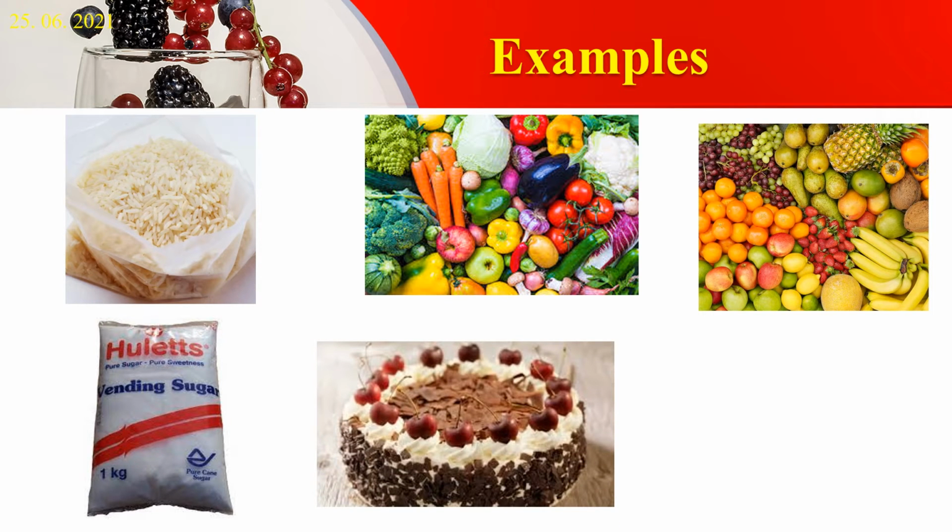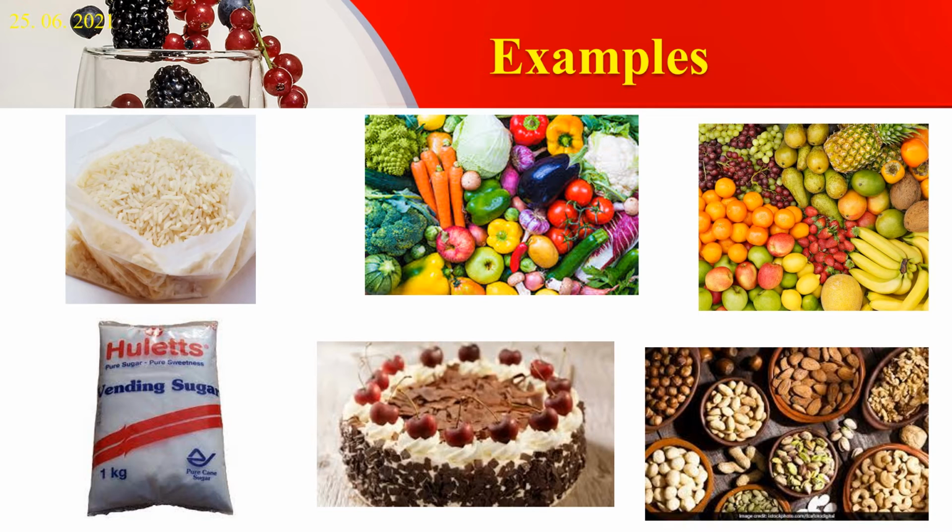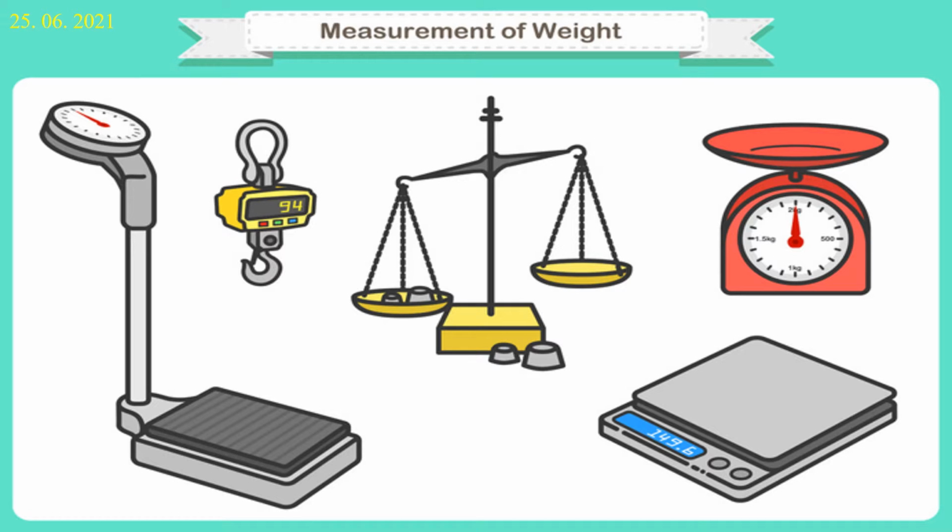Cakes in grams, according to the number of members in our family. If it is a nuclear family, we may purchase in gram. If it is a joint family, we purchase in kilogram. Likewise, badam, pista, these all we purchase in grams only. These are some of the tools we use to measure weight. You may know, you have seen them in every shop.